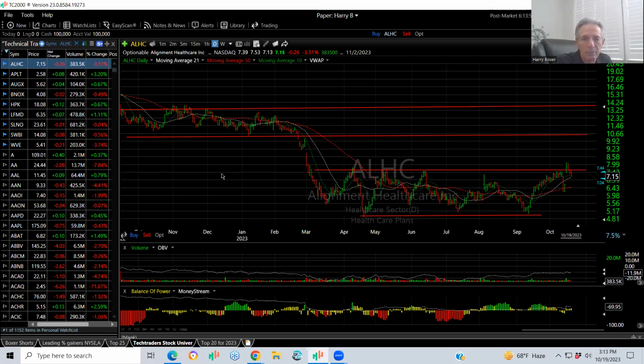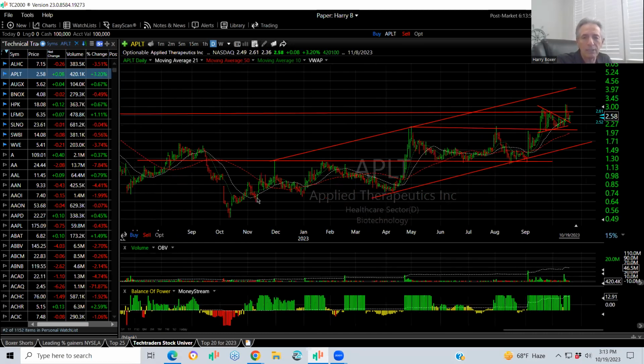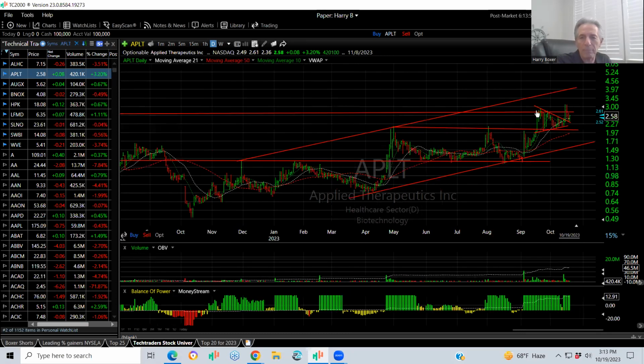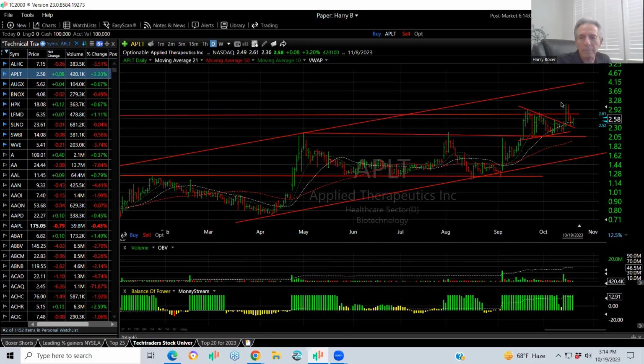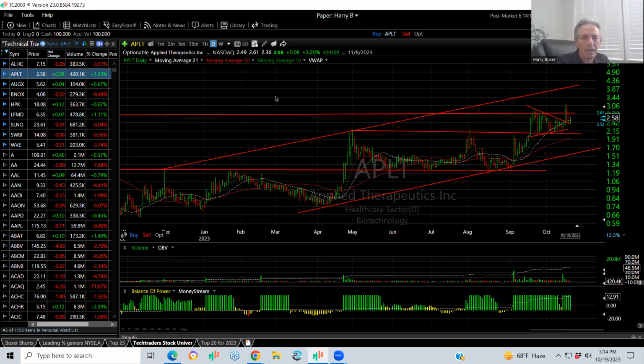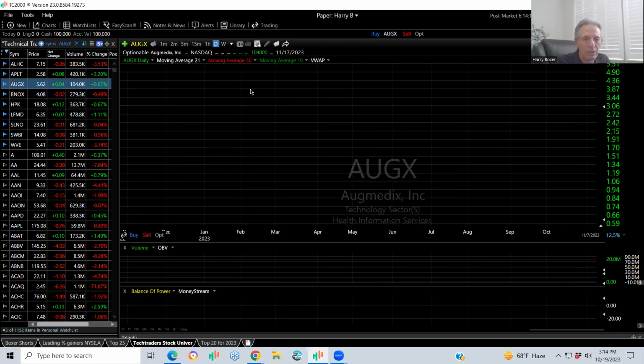It's called symbols ALHC. APLT is another, a little junior stock that broke out and then popped back and formed a wedge, spiked up, and then the market came down and pulled back. But it pulled back to the apex. A lot of times the stock coils, goes flat, or forms a pennant, and when it breaks out, it tests that breakout point and then goes again. This one, I think, is a $4 and $5 stock, currently trading 2.58, so it could be a double.